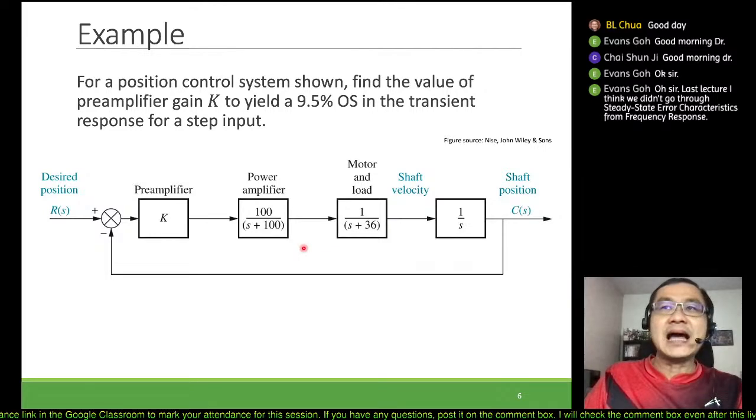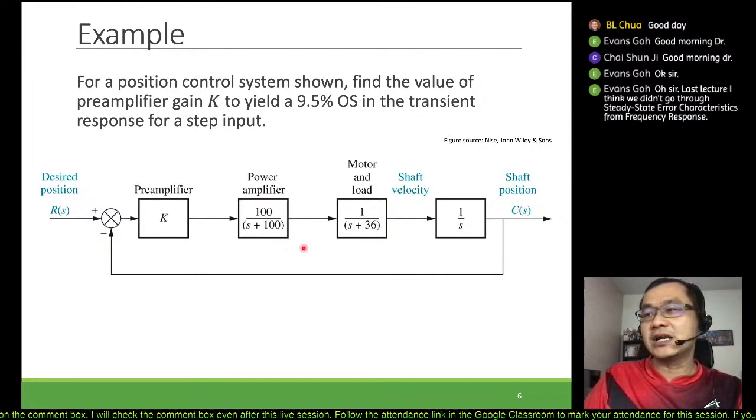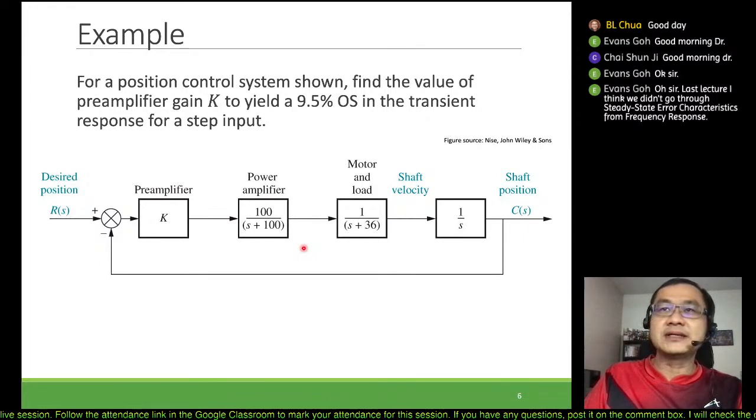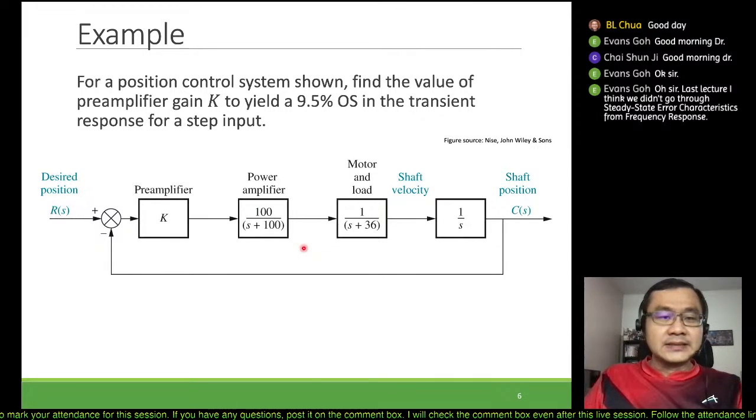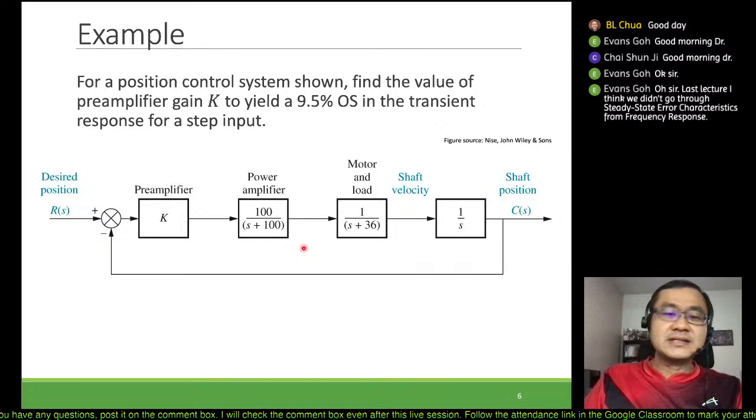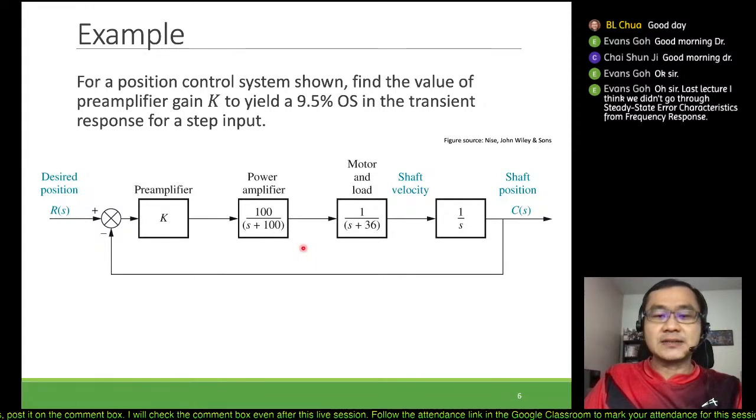the PI and PD which we have learned previously. But in this lecture we will focus more on the lag compensator as well as the lead compensator, and in those sections, when it comes to the steady state error, we will touch on that. So from these examples, we have seen this is a position control system,